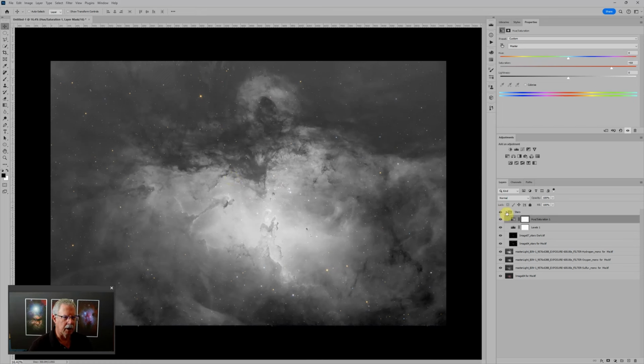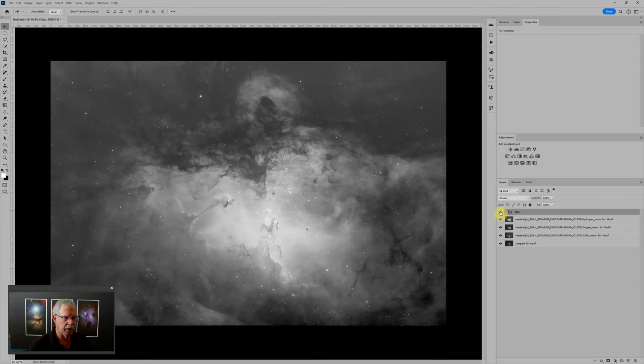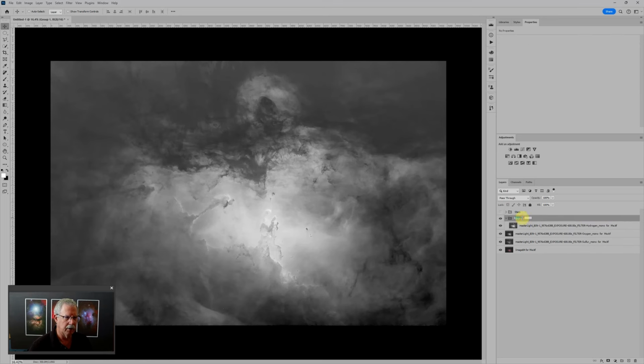So I'm going to collapse the stars group and then turn it off, and we'll focus on the narrowband. And they happen to have come in a good order. We've got hydrogen on top, oxygen, and then sulfur on the bottom. So just very quickly, I want to put each one of these into a group by itself, label it,